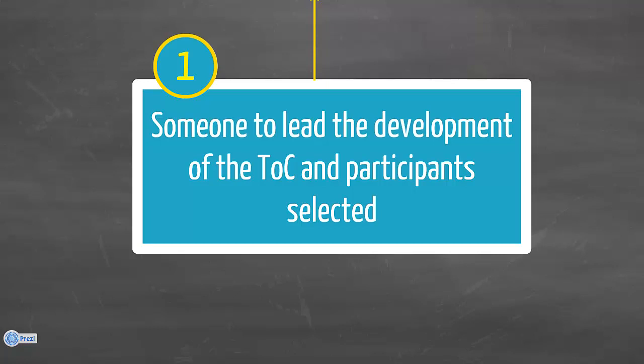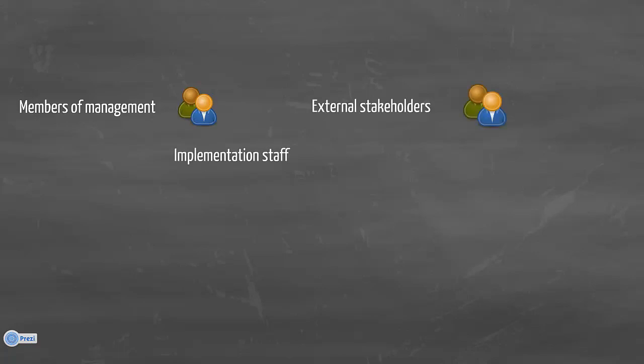The first step in developing a theory of change is to find or select someone to lead the development process, as well as the people who will participate. There are various stakeholders that could participate, for example, the members of management, the implementation staff, external stakeholders like government officials, and implementation partners like community members. When doing a theory of change for evaluation purposes, it is however important to include the managers of the program